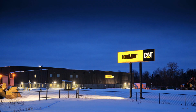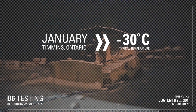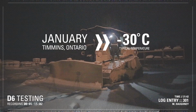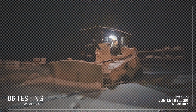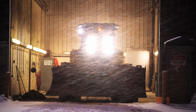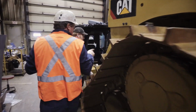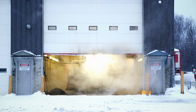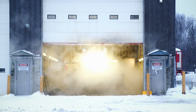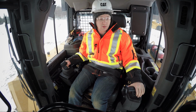Even starting a machine that's been sitting exposed to these cold conditions is challenging. With a new machine, it's almost a complete unknown. Even at 30 below Celsius, that machine fires right up with no hiccups. It was very impressive to see. Starting equipment in these conditions is another achievement along this journey, and the D6 continues to prove itself against challenges of all kinds. We don't leave any stone unturned. You know, we're always looking to make sure that all the systems are working well on their own and they're